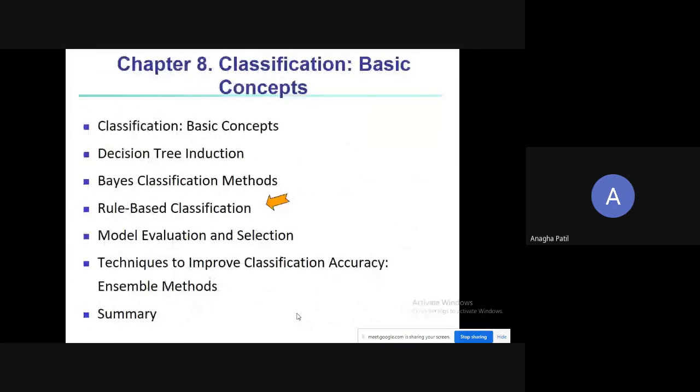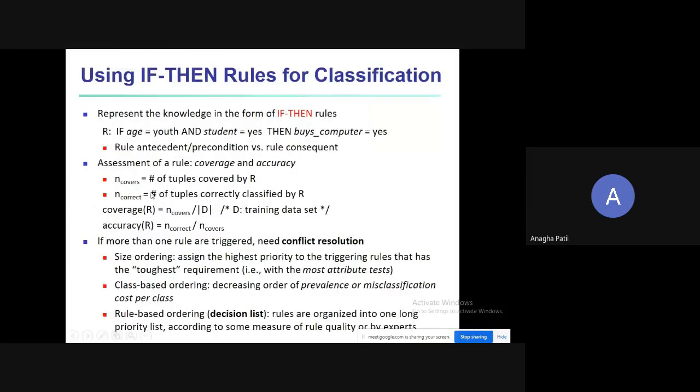Okay. Then there is a third classification technique or algorithm which is based on rules. It goes like this. You have to represent the knowledge in the form of if-then rules. So it says that if age is equal to youth and student is equal to yes, then buys computer is equal to yes. You're simply forming a rule, as we have seen during the very first example of classification. Based on whatever possible values of the attributes are provided, you are going to form the rules.